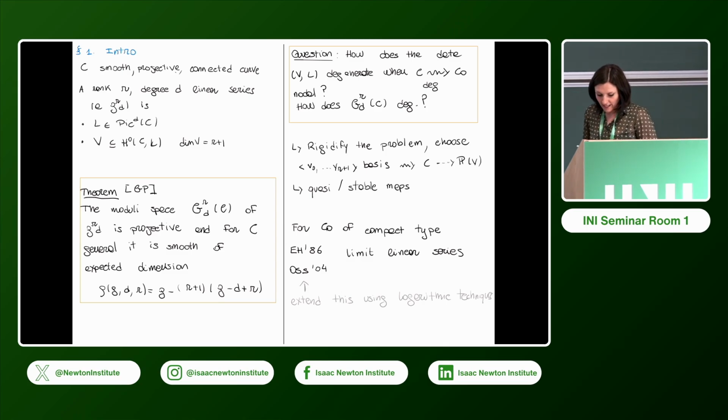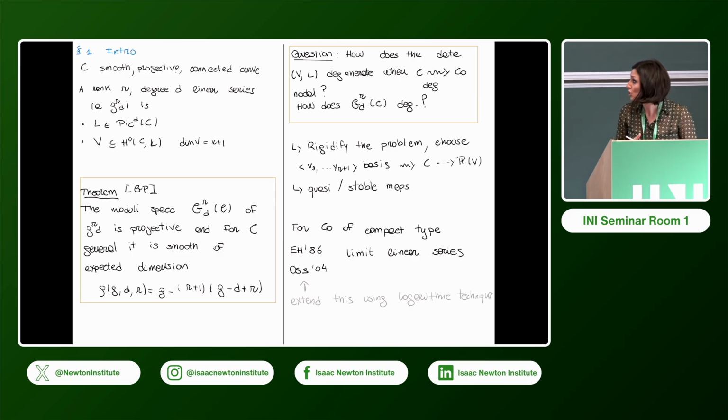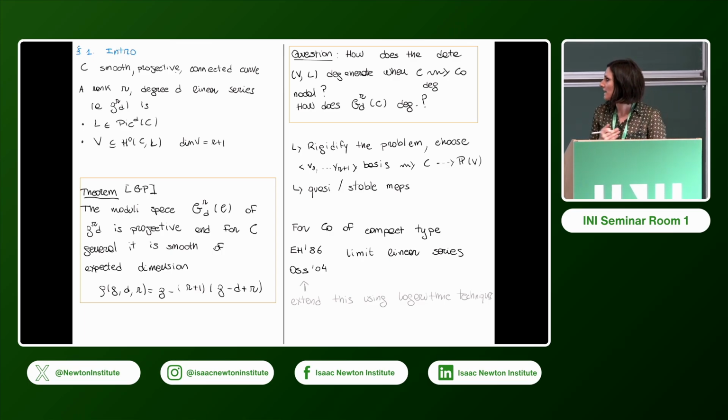And I should say that even for curves not of compact type, so we should think that going beyond compact type means that when we look at the dual graph, this dual graph acquires loops, so it has some genus, and so it becomes more difficult because the dual graph has some actual geometry. And there is some work in this direction, more recent, by Osserman himself, by Jensen and Payne, purely in the tropical world, and by Amini and Stevens,